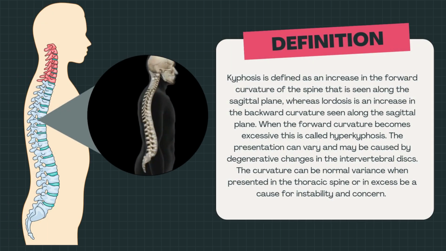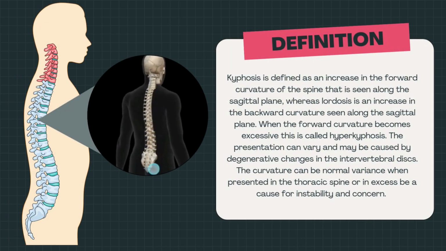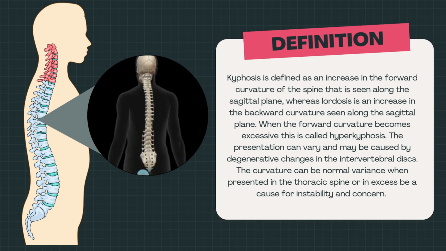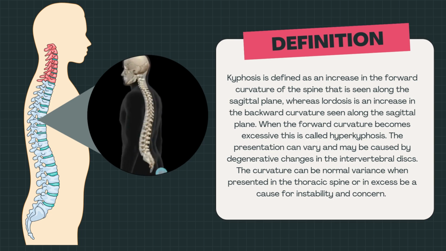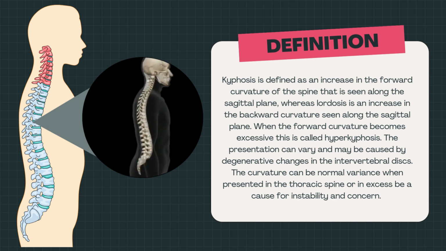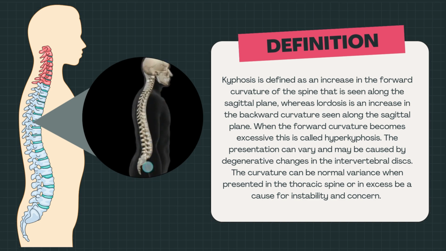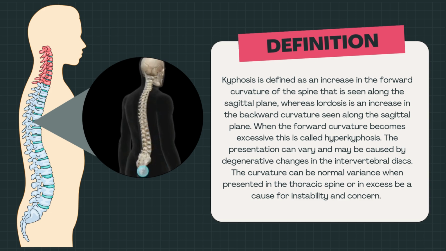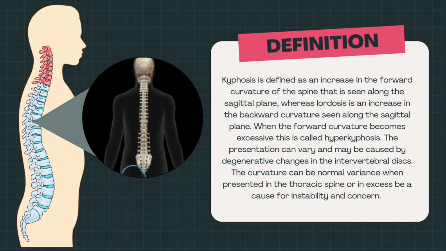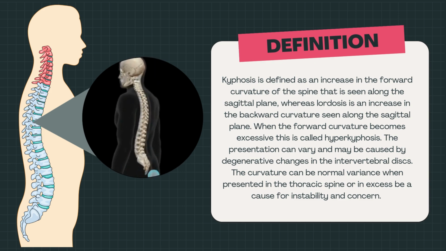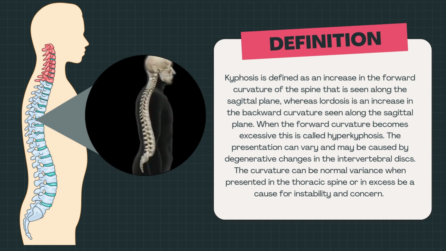Kyphosis is defined as an increase in the forward curvature of the spine that is seen along the sagittal plane, whereas lordosis is an increase in the backward curvature seen along the sagittal plane. When the forward curvature becomes excessive, this is called hyperkyphosis. The presentation can vary and may be caused by degenerative changes in the intervertebral discs. The curvature can be normal variance when presented in the thoracic spine, or in excess be a cause for instability